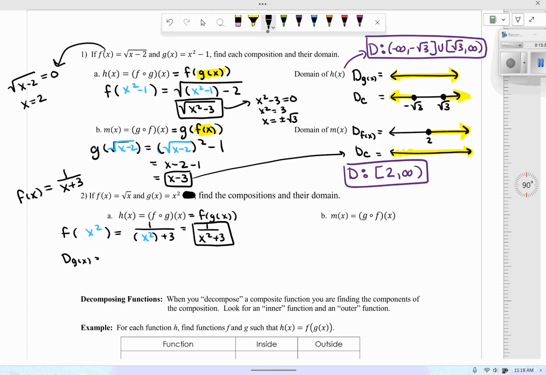So the domain of g of x is quadratic. So there's no variables in the denominator or underneath an even root. So it's all real numbers. And the domain of the composition,